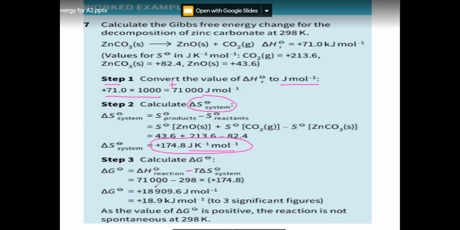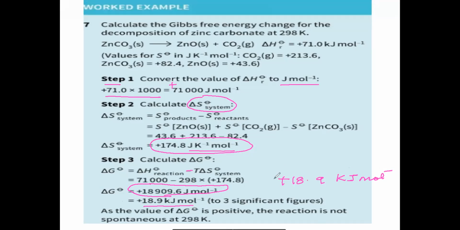So they'll be putting, and they're getting positive 18,909.6 joule per mole, right? अच्छा, उसके बाद इन्होंने unnecessarily they have again converted that into kilojoule by dividing it by 1,000. So basically they're getting the answer positive 18.9 kilojoules per mole. Okay, so that is the very simple way of calculating, and because it's a positive value, so the Gibbs value